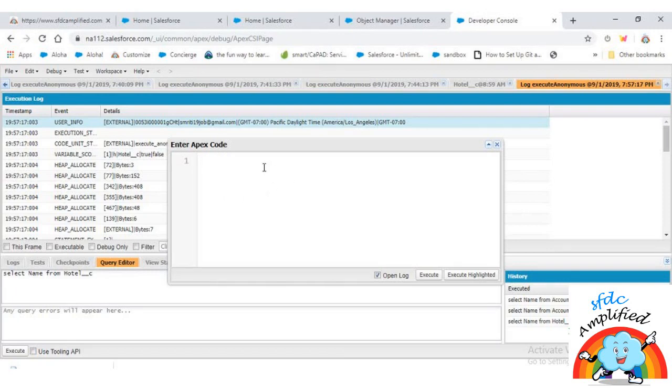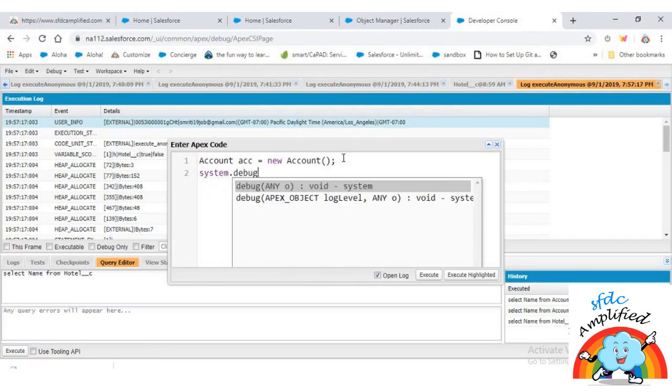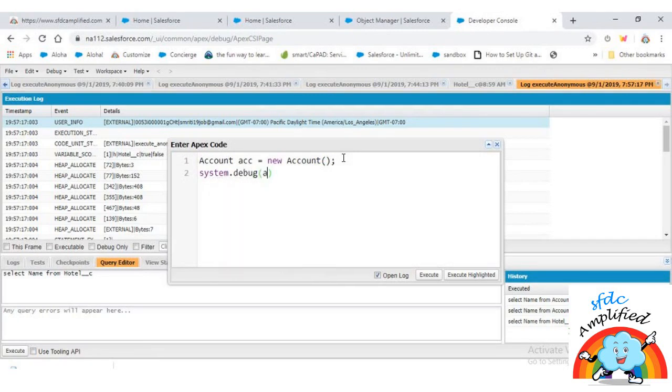So I will write Account acc = new Account(); And when I write it like this, that's how we are instantiating the account. Okay, fine. Now I want to see what is stored in acc. So I will write System.debug(acc);